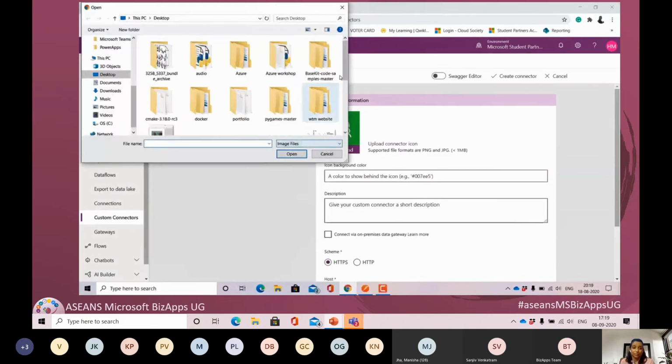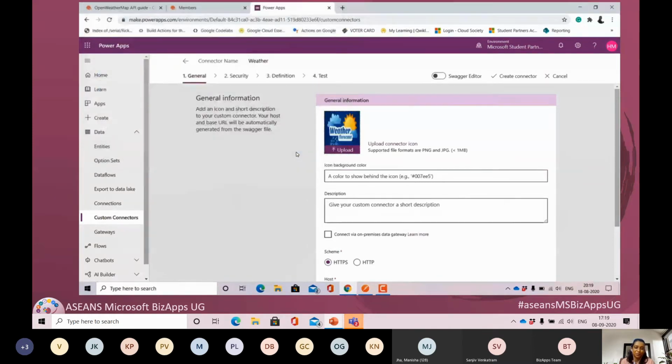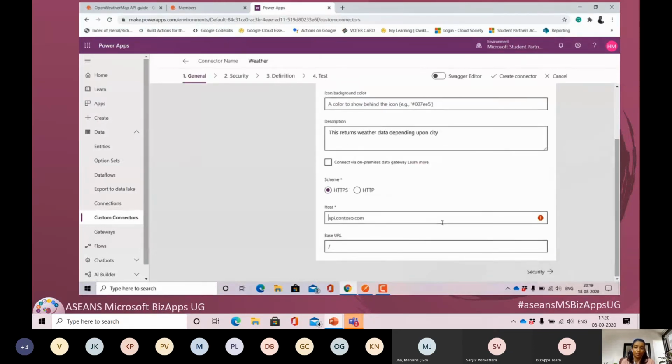To identify the connector that I'm going to build, I gave it a weather forecast image and a background color. If needed, we can change it or keep it the same, along with a small description of what this is going to do, since this connector will return the data of a particular city. It's not restricted to India, it can be any city of any country.